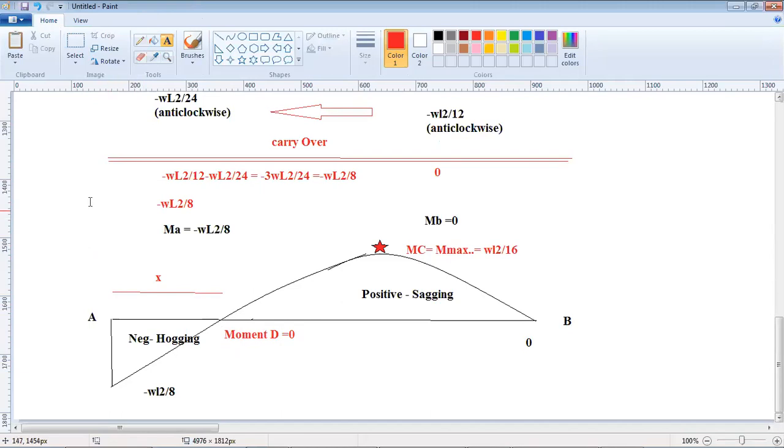So once you have got the moments, you can then go for shear forces. In this lecture, we would